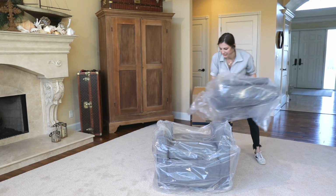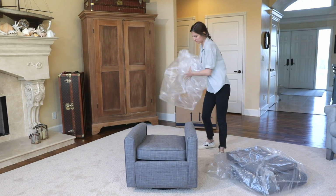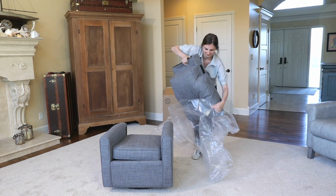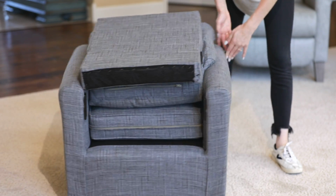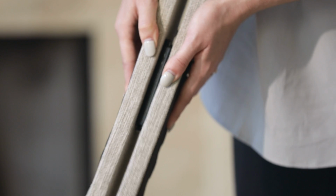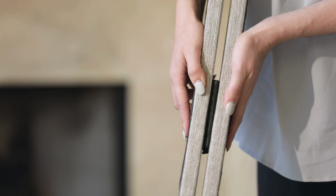Remove the bag from the base of the chair and the back of the chair. Place the back in the seat of the chair. You will notice the male bracket on the back and the female bracket on the base. Make sure you slide the male end of the bracket inside the female end of the bracket for a secure